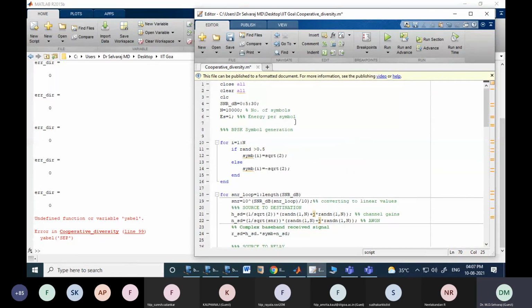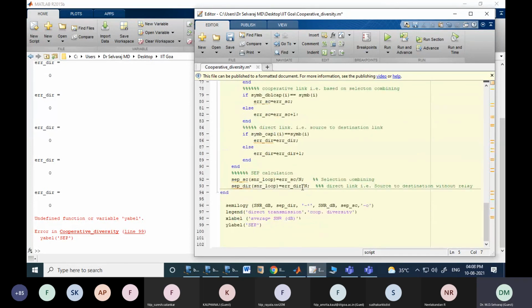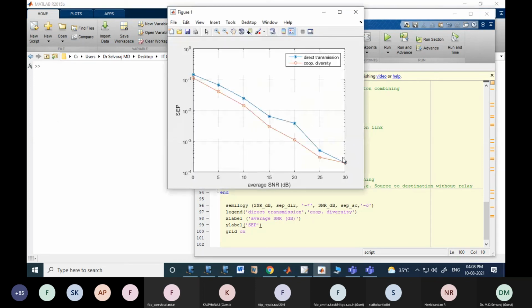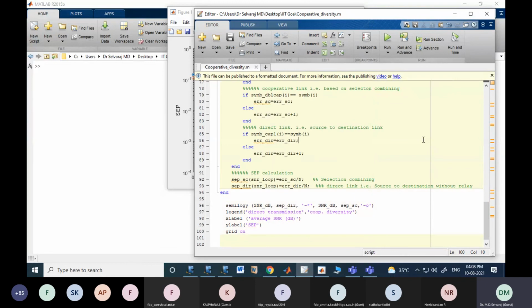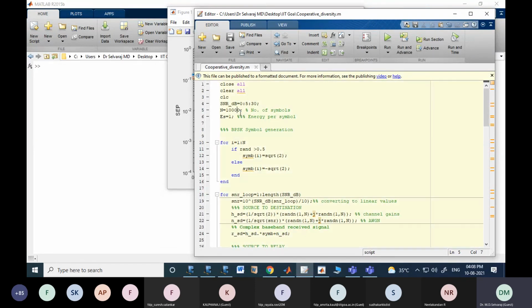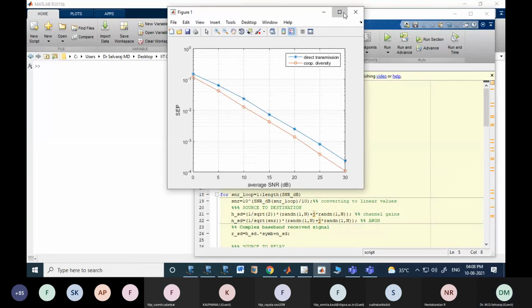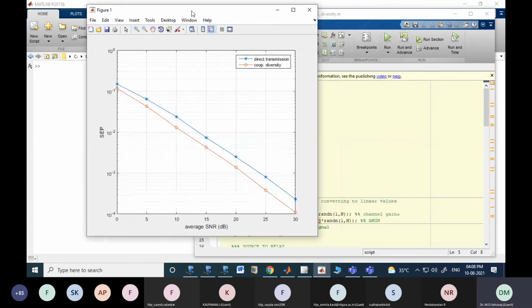Okay, so let us run for a higher value, maybe to get a proper plot. This itself is taking time. Yes, so this is what we get, a similar plot. Maybe if I increase the iterations, we may get a better one. Yes, finally we got it. So this is the plot, whatever coding we did, this is what we get.